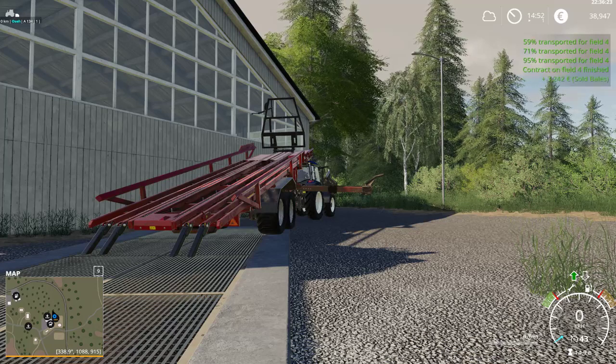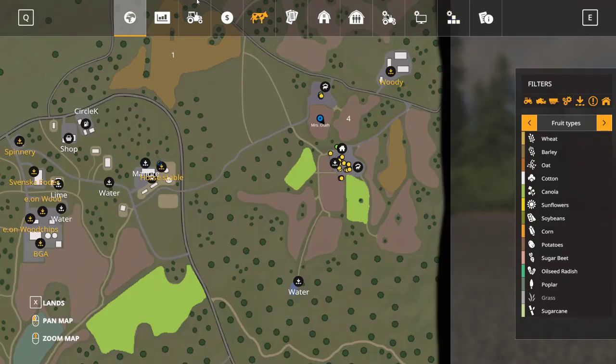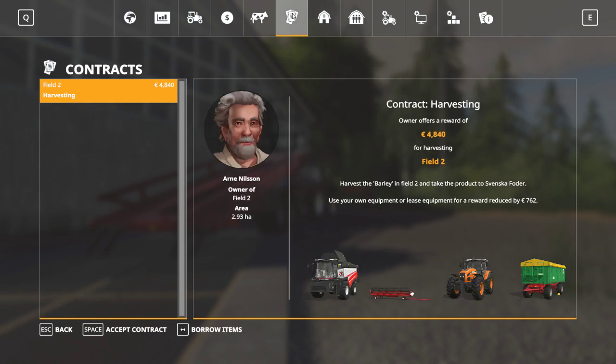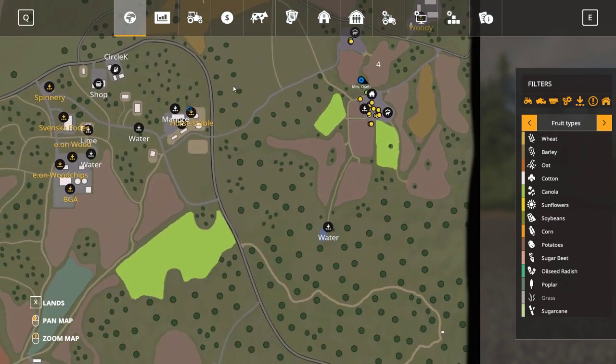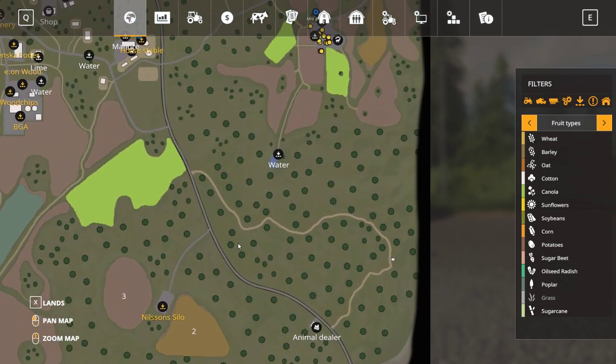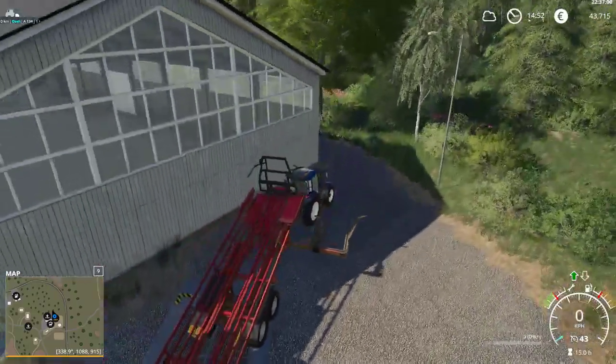85. Contract finished. 3,200 bonus and 4,000 for doing it. And there's a contract to harvest field 2, which I think is huge. Field 2. Well, let's say we have fields that big, and that's probably about 3 times the size. Anyway, let's get